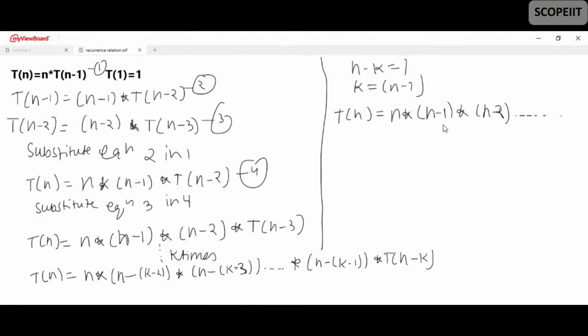So this is nothing but, you already know, the formula for n factorial. And a recurrence relation will never be written as time complexity n factorial, so n factorial is always equivalent to n to the power n, so the time complexity for this is nothing but n to the power